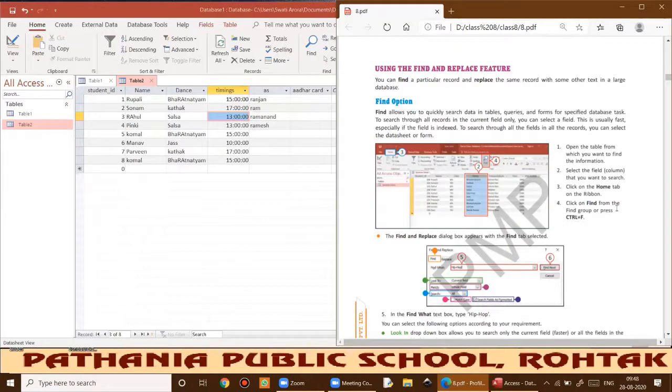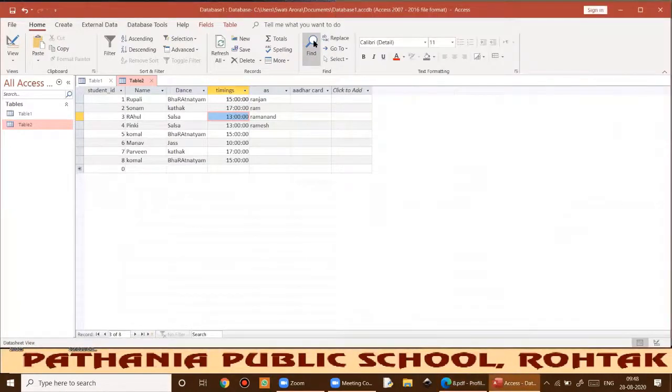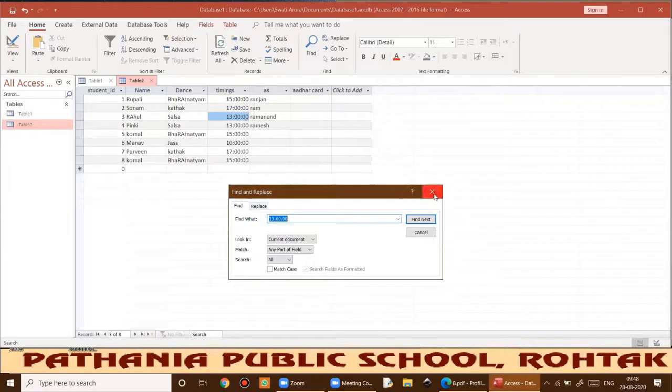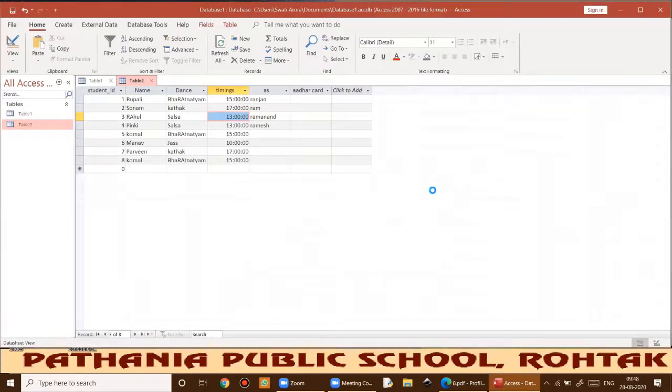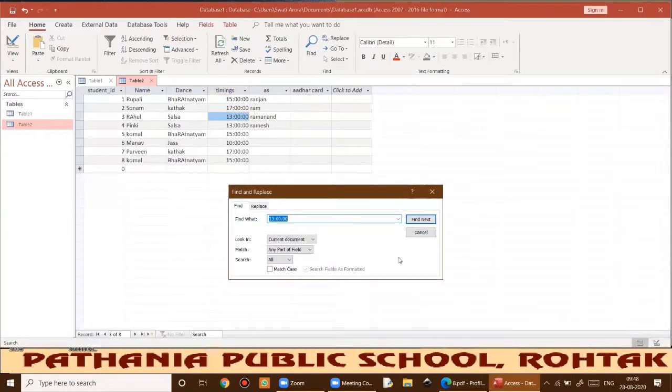Okay, so how can you use it? From the Home tab you will get this option. This is your Home tab, and here you can see Find. Here it is. When you click it, a dialog box will open like this. Otherwise, if I click Control plus F, I get the same dialog box. So it is totally up to me whether I want to go with the shortcut key or use the tabs to use a particular option. Here is the Replace option. When I click it, the Replace button will also be there in my Find and Replace dialog box.